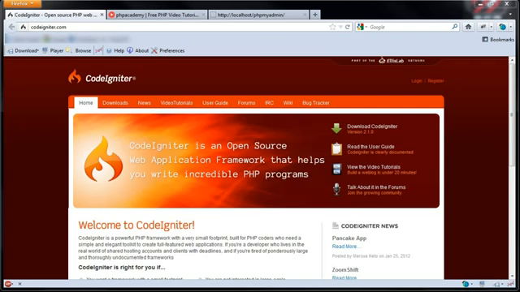CodeIgniter. What I'll be teaching you guys in this series is some of the basics of CodeIgniter. I want to cover Model View Controller. I want to cover a bunch of the libraries and helpers that CodeIgniter has to offer. I also want to help you guys start to understand the workflow and just the way building your CodeIgniter applications